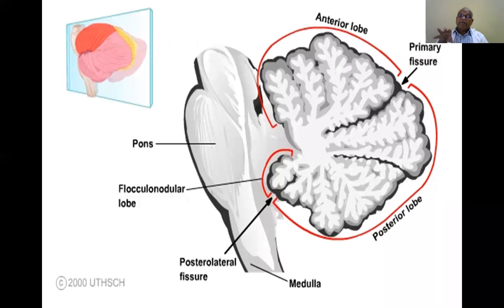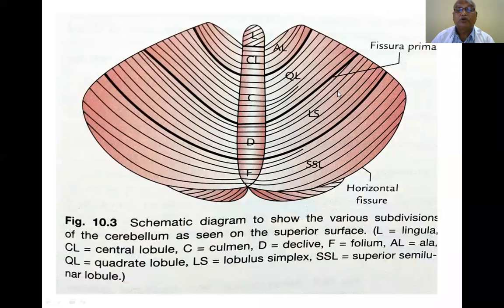So these three parts are different phylogenetically, embryologically, and functionally. That is why nature has given such a division of the cerebellum, for understanding. So this is the flocculonodular lobe, the archicerebellum, the oldest part. This is the neocerebellum, the posterior or middle lobe, the modern part. This is the paleocerebellum, the second oldest part. Its functions are described here. You go through it.